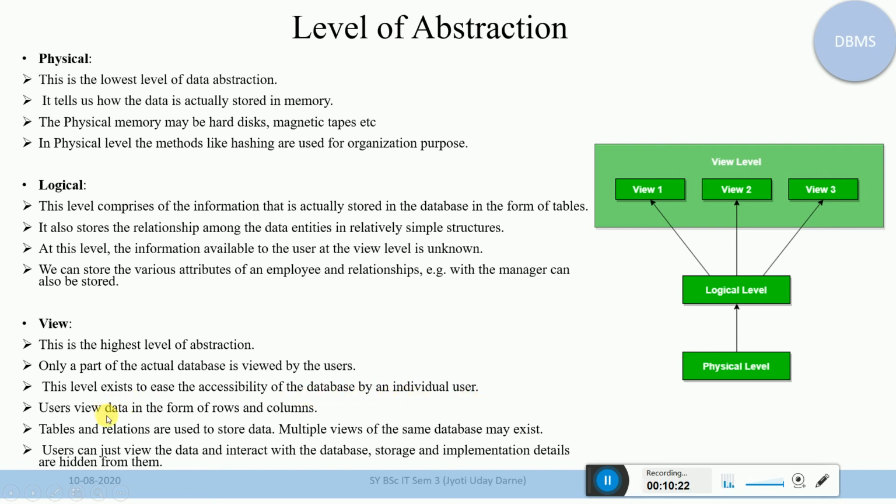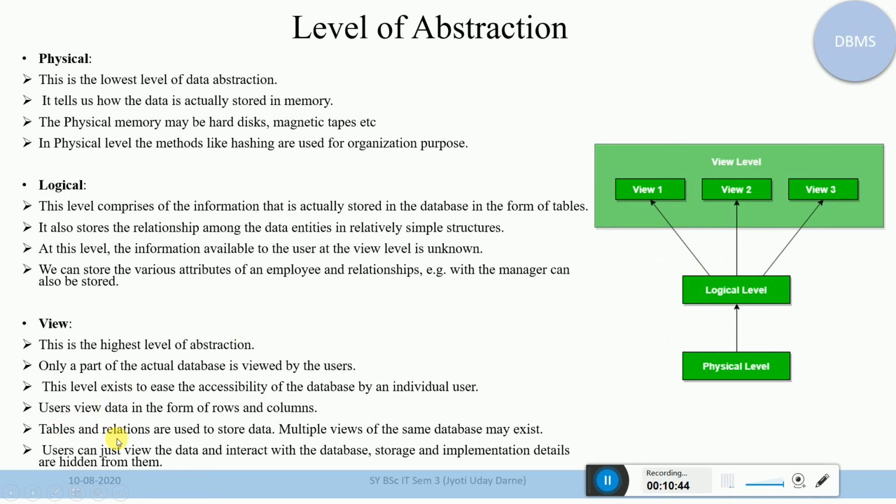Now users view data in the form of rows and columns. That means a particular user is allowed to view only name and address, or a particular user is allowed to see only his own data, and other data is hidden from that user.